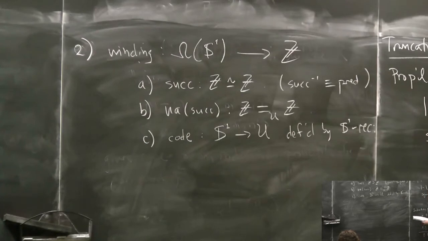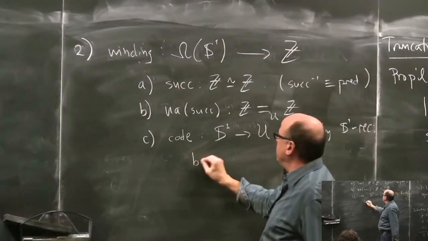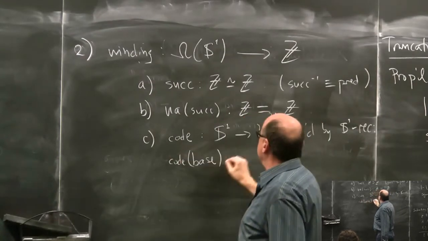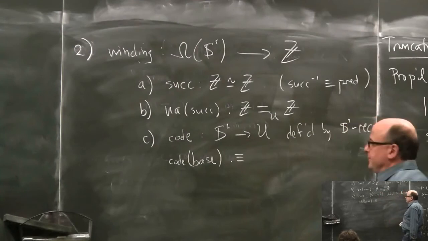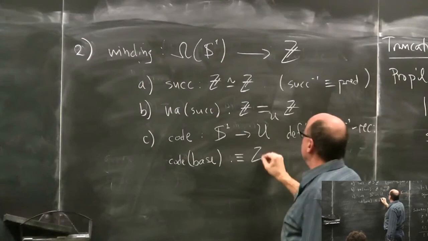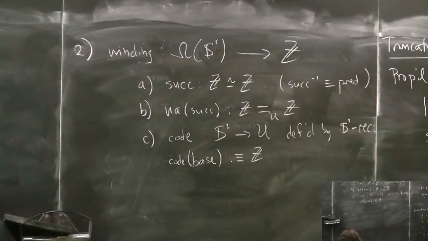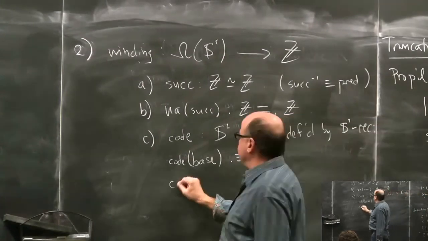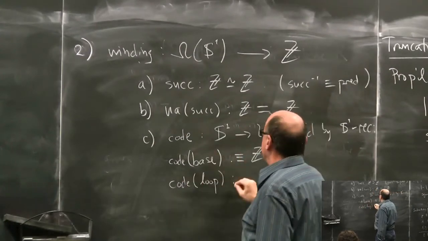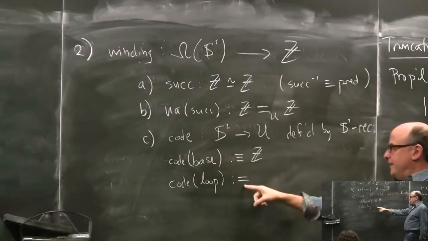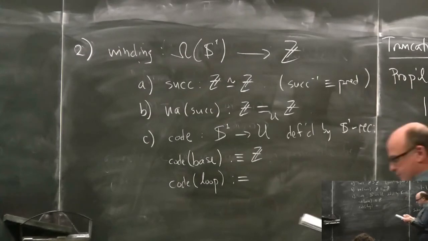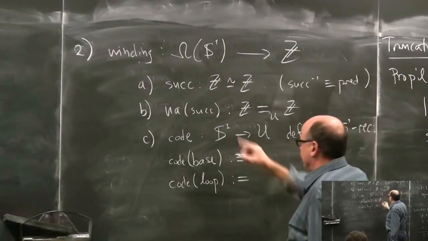Okay, so here's what I'm going to do. I'm going to send, and now here's this notation we've used a few times. Let me write it like this. I'll say code of base is defined, definitionally, to be what? It wants to be in U, so I'm going to give it a type, which is Z. And then using this informal notation we've used before, I now have to say it does something on the loop. And remember, we talked about this. I'll write colon equals here to say, by definition, it is going to be what I did a moment ago,